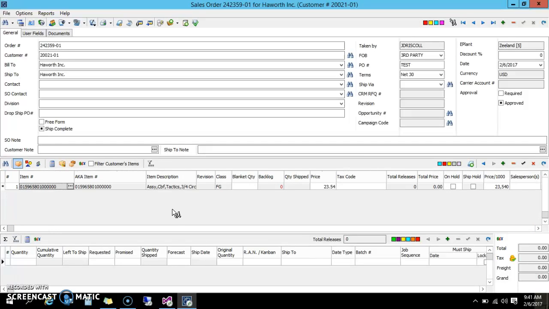The only fields we care about are in this main section here. So the first thing you're going to see is blanket quantity. I'm going to put a quantity of 100 for our test. Once I've done that, I can hit the check mark in this section, and that will save to this middle